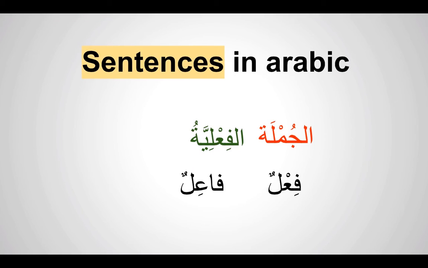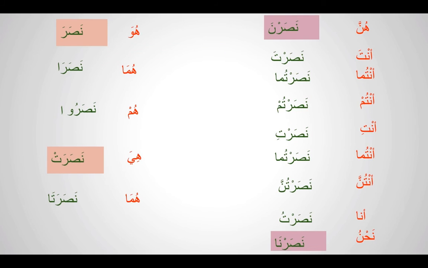And coming to fa'aliya, jumlatul fa'aliya. What we are looking for in jumlatul fa'aliya is what is the action and who is doing the action. This is what we are looking at. Very simple. There should be no confusion. For example, here we learned nasara,